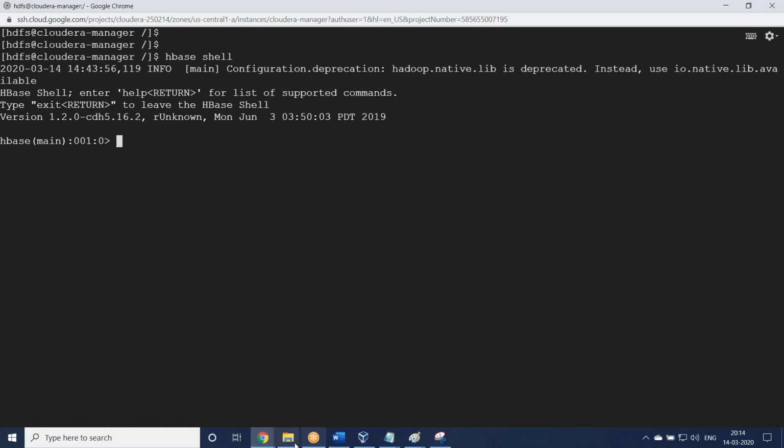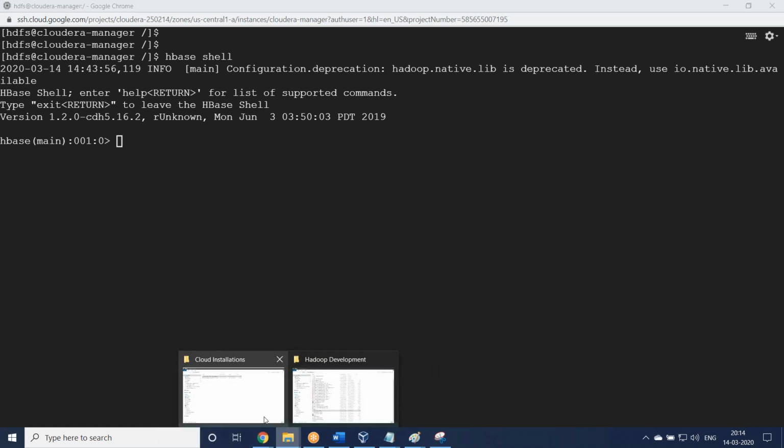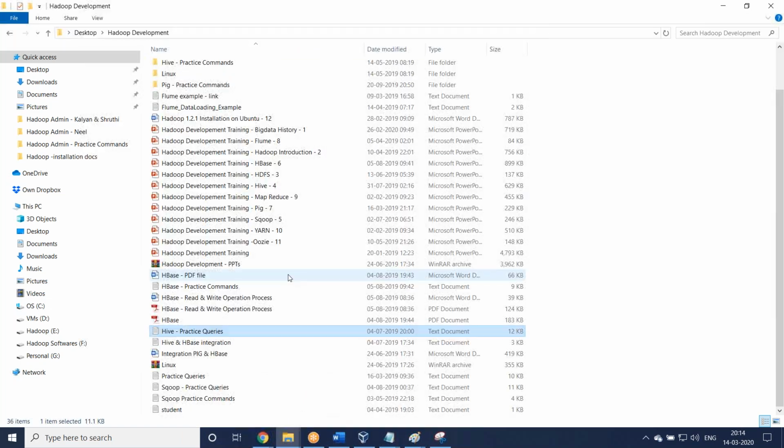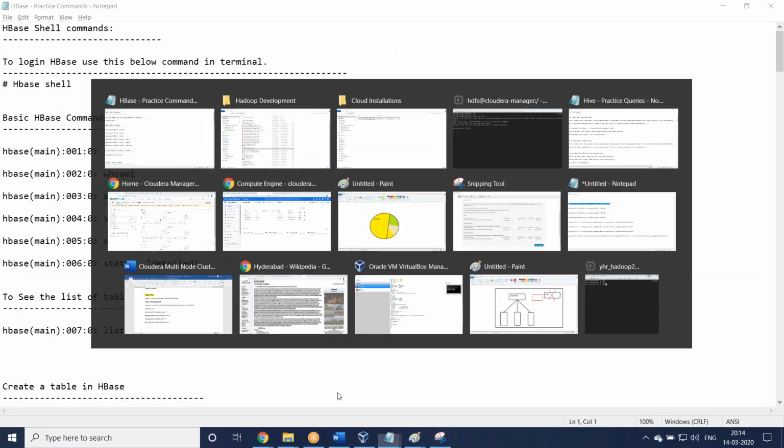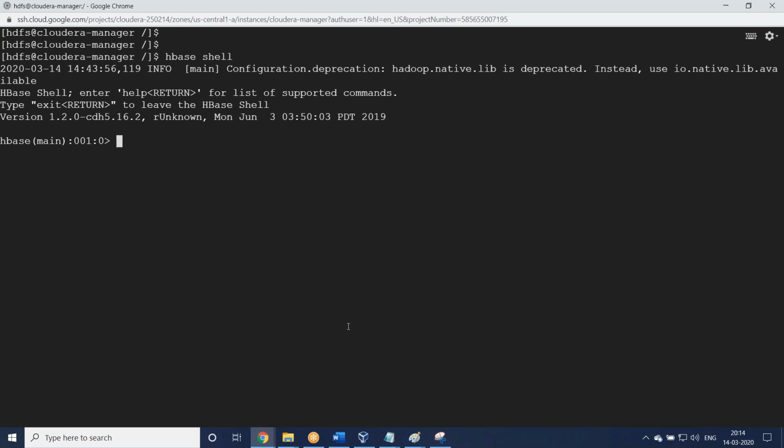So we can see some sample commands in HBase. If you want to know the HBase version, use the version command. It shows 1.2.0 CDH Cloudera.